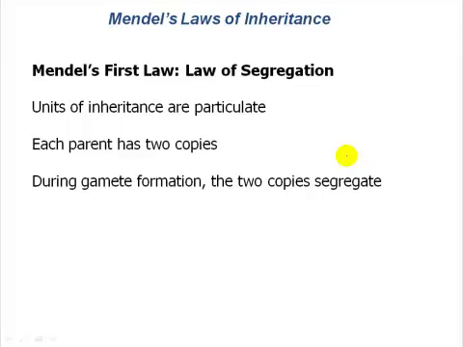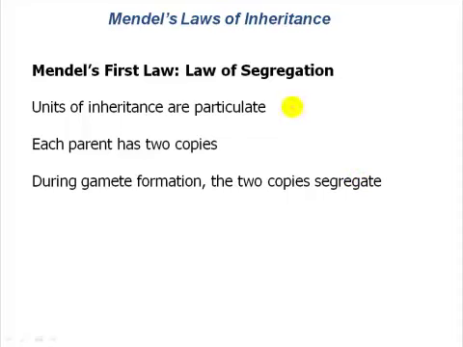So even without knowing anything about DNA, without knowing anything about meiosis, Mendel was able to describe what was going on during the production of gametes, leading to genetic transmission of traits, really working with a black box and working just with the math of the system. So what is Mendel's first law?